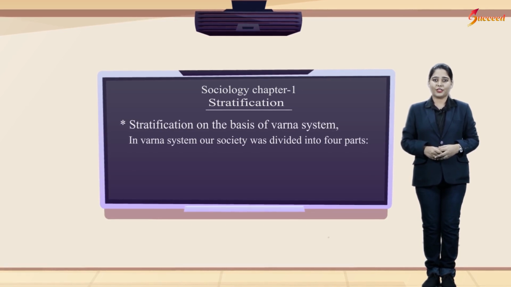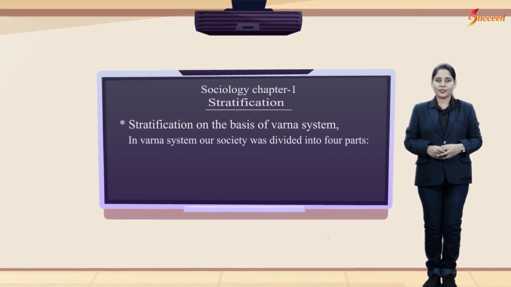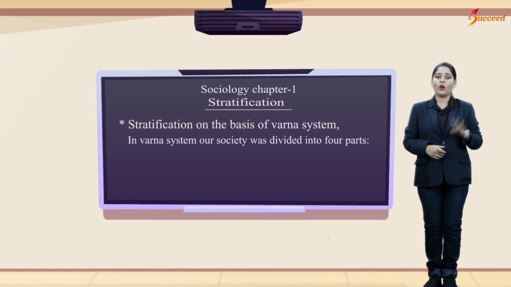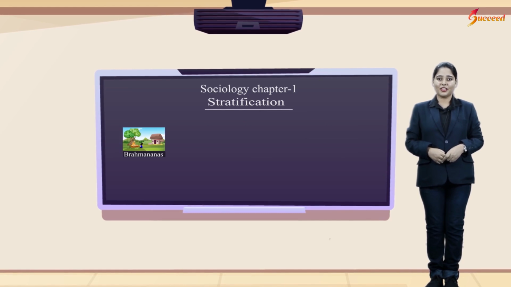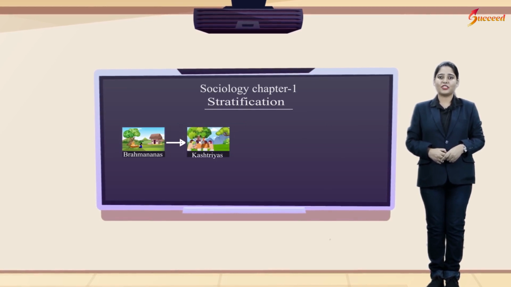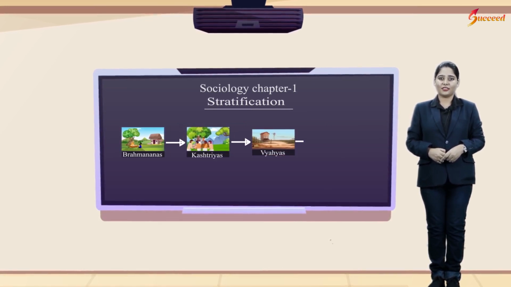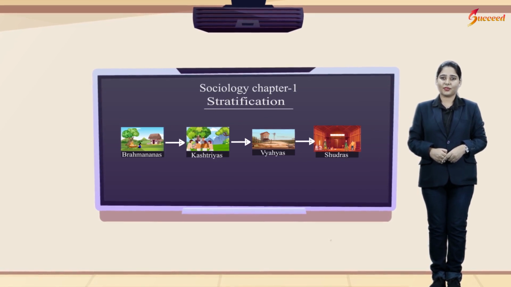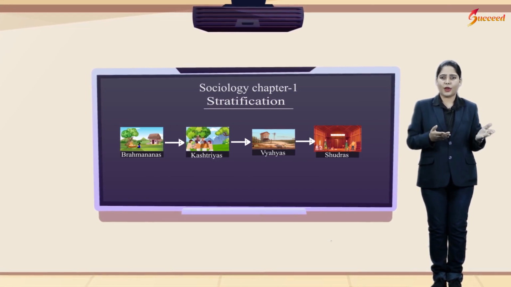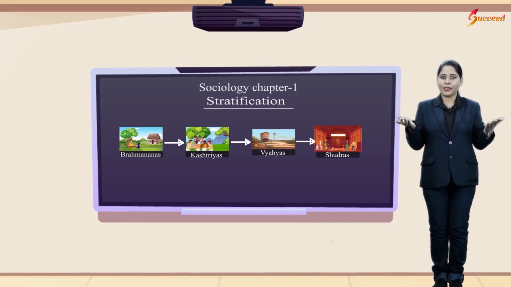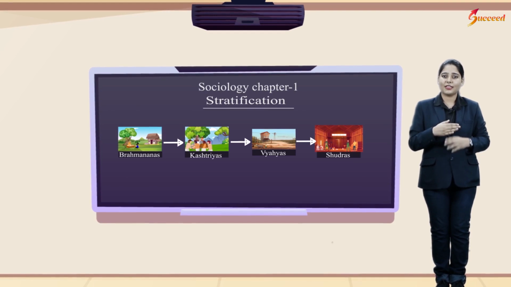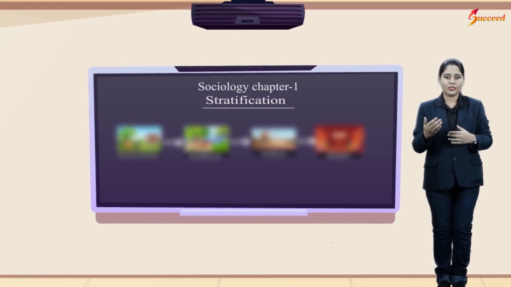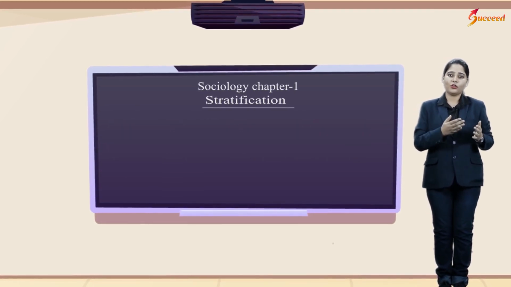Fourth, on the basis of the Varna system. In the Varna system, our society was divided into four parts. Let's have a look at the chart: Brahmanas, Kshatriyas, Vaishyas and Shudras. Now you might wonder, what are these Brahmanas, Vaishyas? Who are these? Don't worry, students. I will explain this entire concept in a few minutes, but before that, let's go to the features of